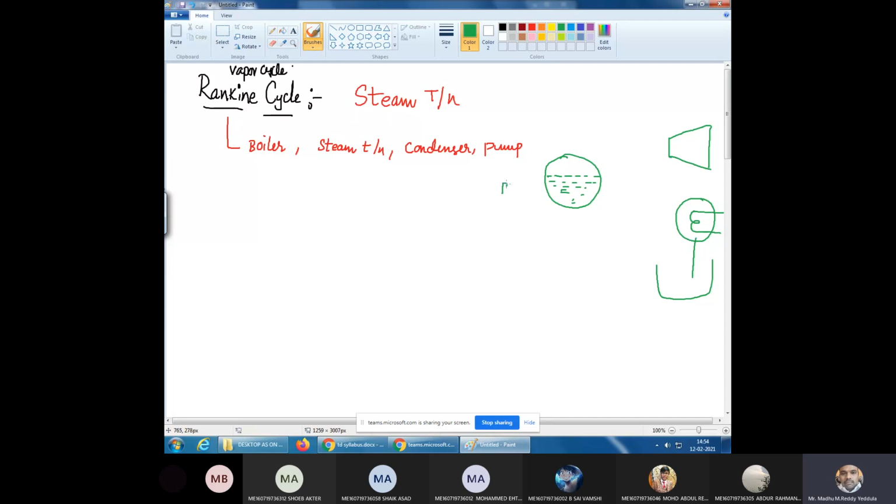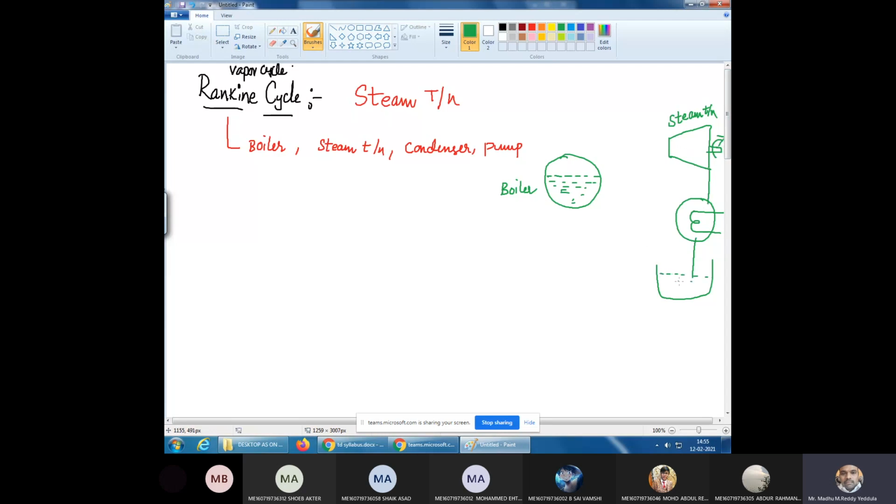Okay. So this is the boiler. This is a steam turbine. So always turbines are the work producing device or expansion device. Therefore, if you see from inlet to outlet, the area is increased. So the area should increase from inlet to outlet in case of turbine, and in case of compressor, the area should decrease because they are compressing devices. Right. Now this is the streamline.